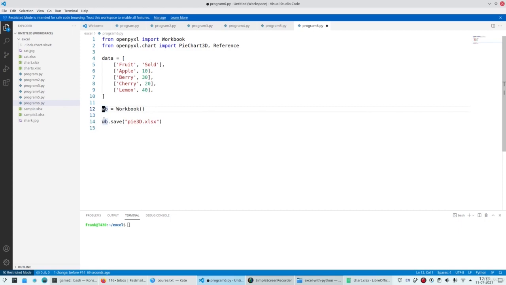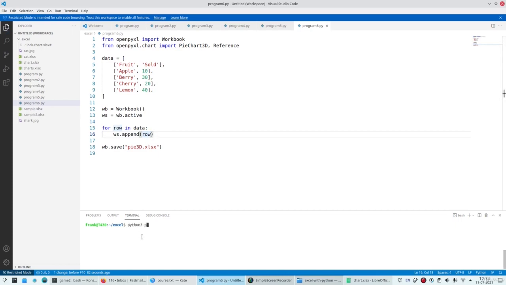We need to get the active sheet so that we know where to add the data. And then we need to append the data. So you want to append this data to your Excel sheet. So we can run this program, and it will create the file